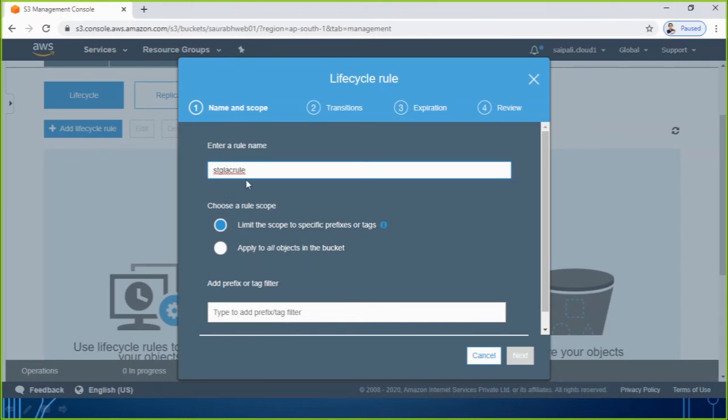I'm just using some term, you can use any name. I just gave it a name. Now it is asking me to choose a rule scope, on the basis of what this rule is going to work.